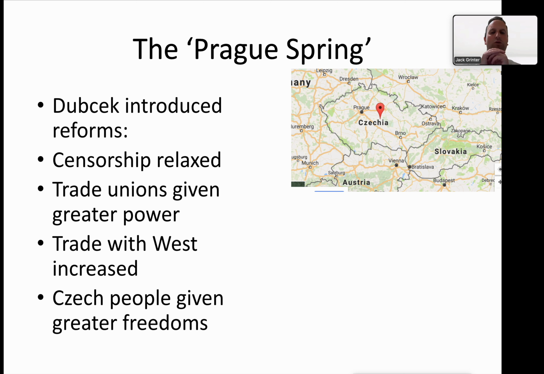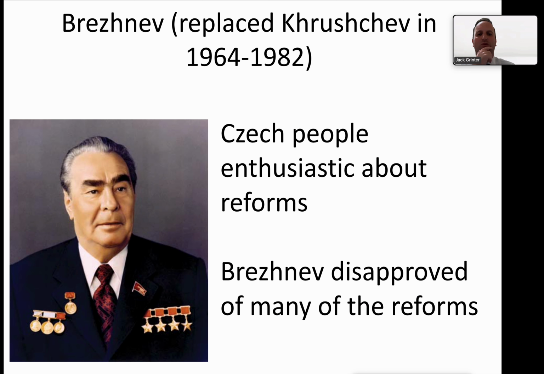So what was the Prague Spring? These were Dubček's reforms. He relaxes censorship. Trade unions get more power. Trade with the West increased, which was discouraged. Satellite states were kind of discouraged or not allowed to trade with the West. And generally, Czech people had greater freedoms. Okay, so we have